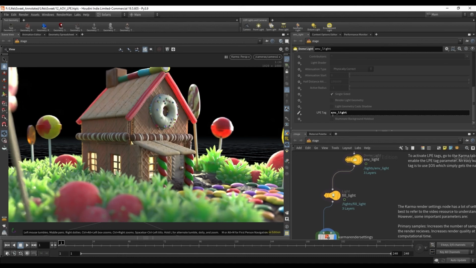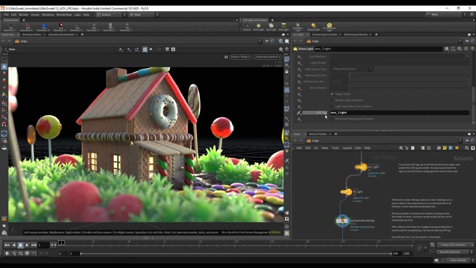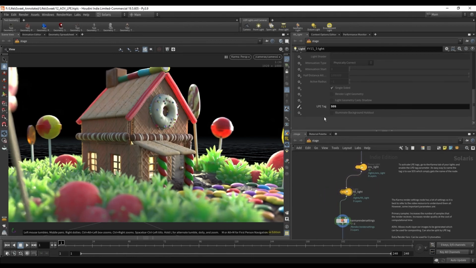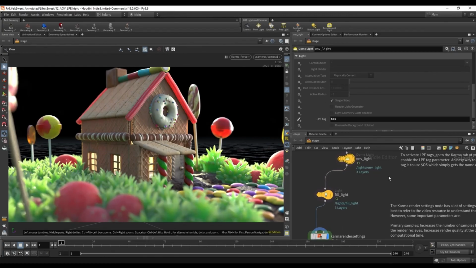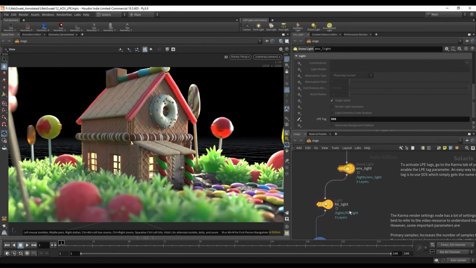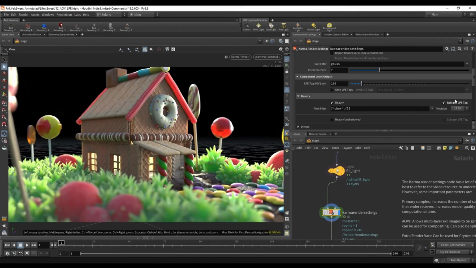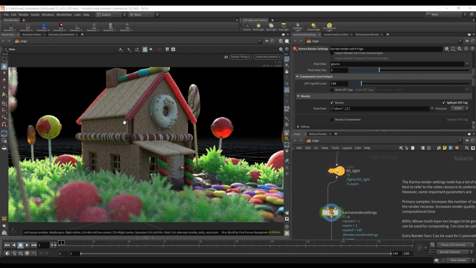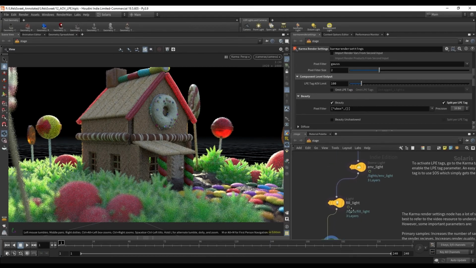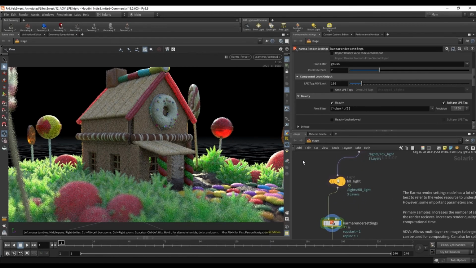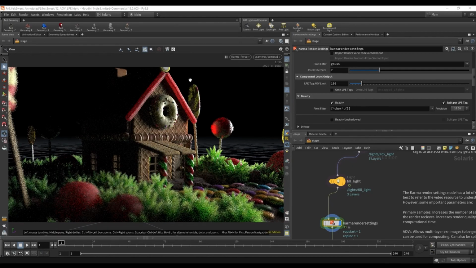$OS, it will evaluate as env_light. So we're adding 2 LPE tags, one on each of these lights, and each one of them have the name of the actual light. Now, when we go over here and we say split per LPE tag, what this allows is for our C, or our beauty pass, to be split into the separate light contributions. So if I click on this one, you can see that this is all of the light contributions given by our env light. And if I set this to C_full_light, you can see that this is what the full light's